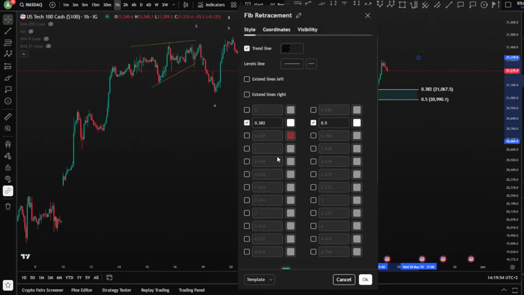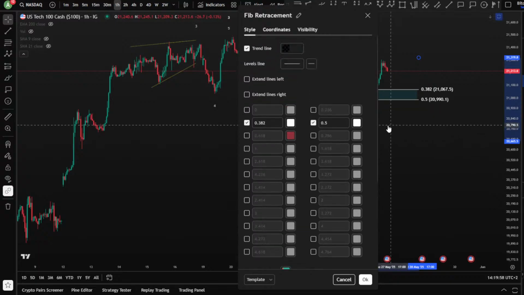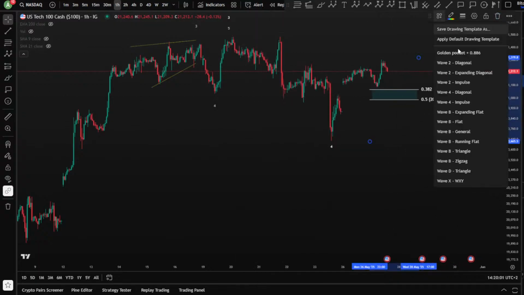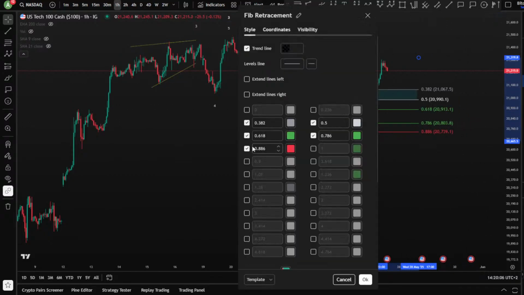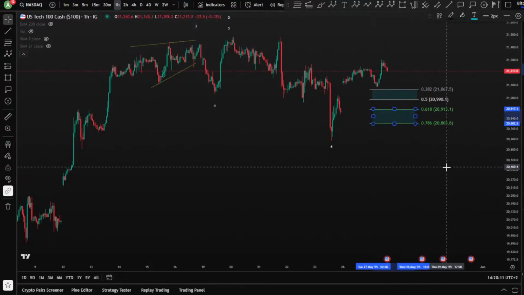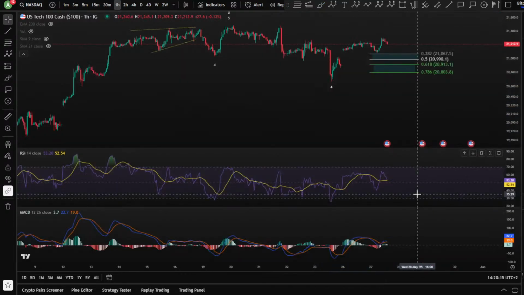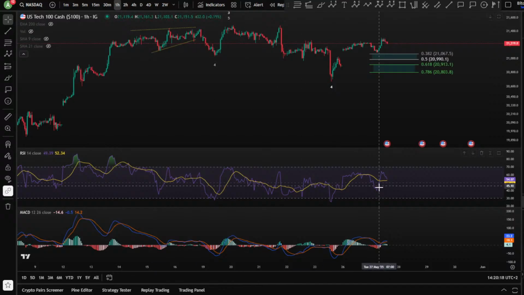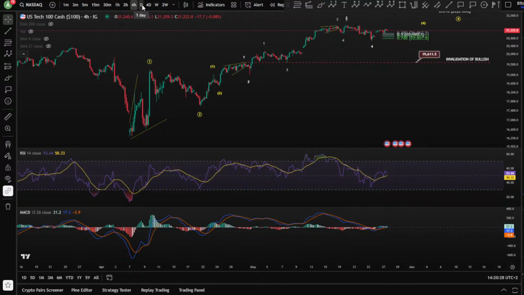Of course, don't forget the perfection for a wave 2 can be, of course, the green box here. Wait a second. Wave 2, it should be. Here we go. Yes. So the perfection is, of course, the green box for a wave 2 can be very deep and continuation later toward the upside. I would like to check a little bit also some indicators, MACD and so on. So we have, of course, lower momentum. Okay, 4 hours.